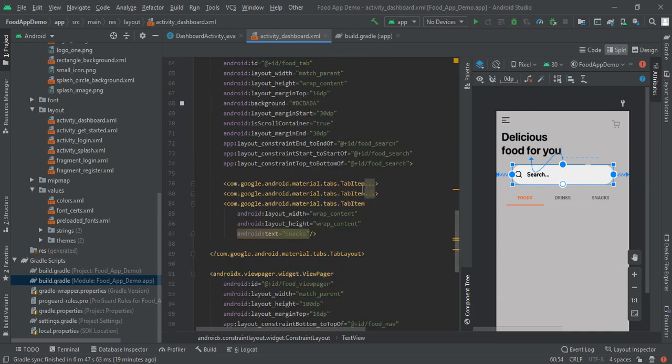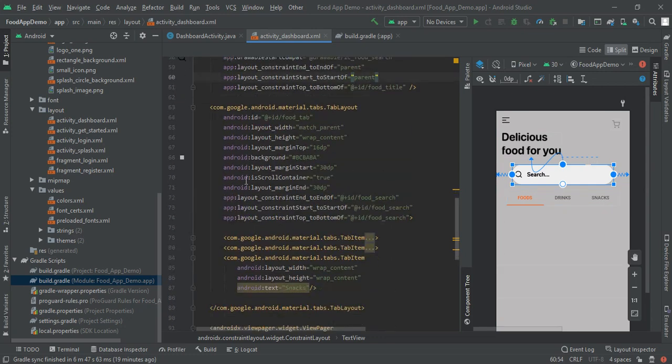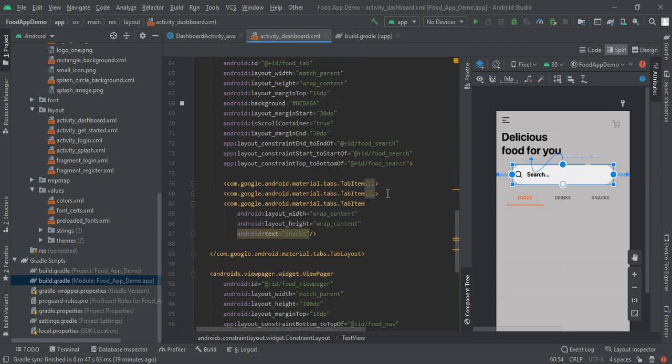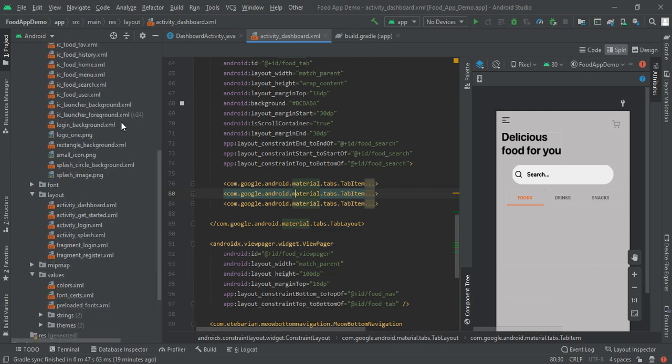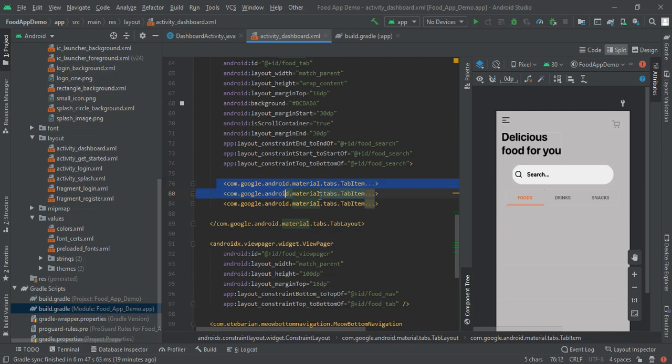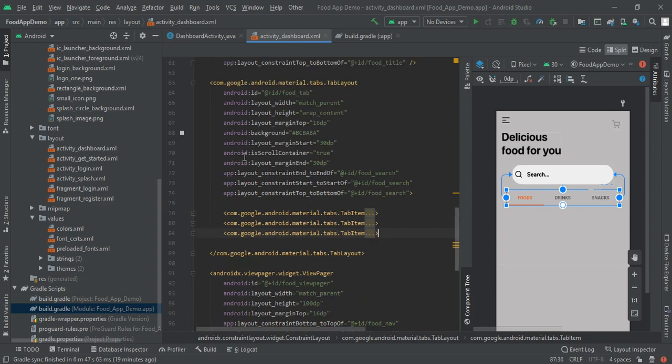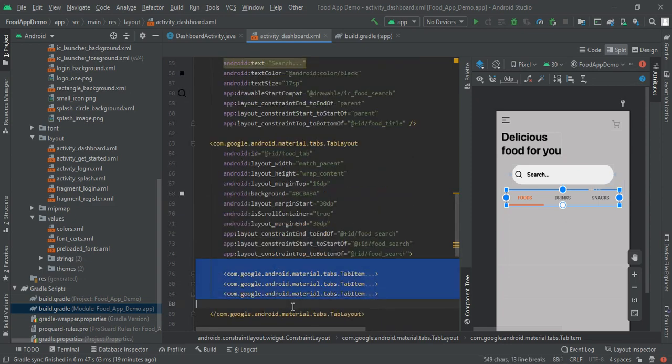Now here you can see that food, drinks and snacks categories are there, but this is for design purposes only. In real we will do it programmatically. So let's first remove this tab item in our next video, but in this video I am going to make it as it is.